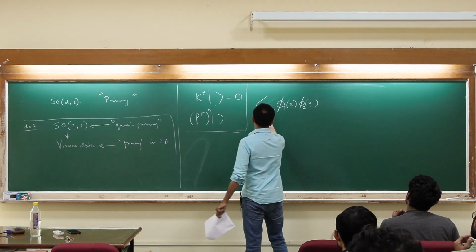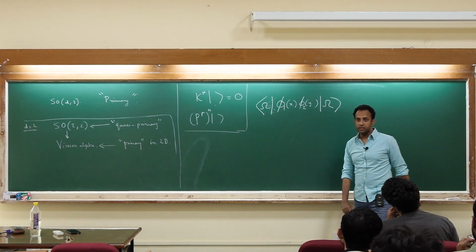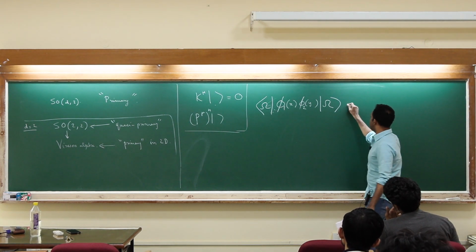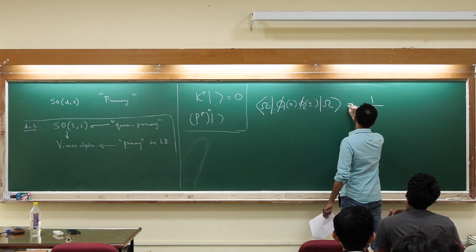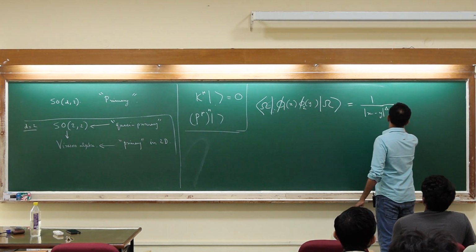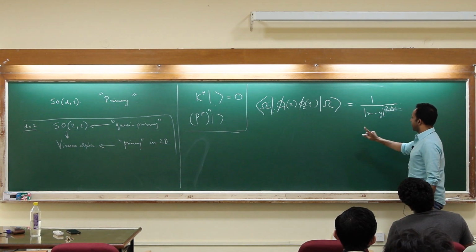And it's also important that I am computing all of these correlation functions in the vacuum. That was another question that came up. All of these I'm computing in the vacuum state of the conformal field theory. So the claim was that, if you fix the normalizations, this basically goes as (x minus y) to the power delta 1 plus delta 2. Actually I wrote it as 2 delta, and I'll explain why that is.